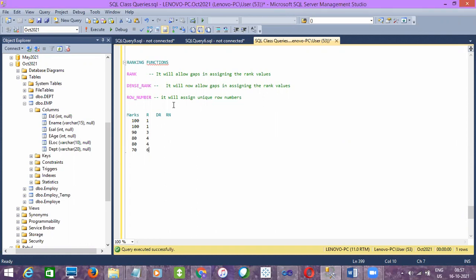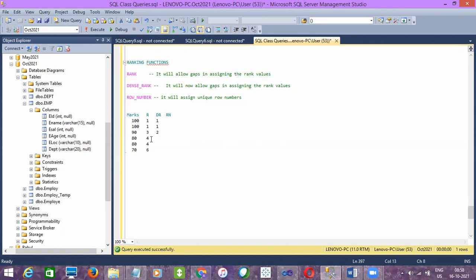And then with dense rank, the dense rank value will be 1, and the second value also is 1, and then for 90 it is 2. Rank will not be skipped here if you apply dense rank.